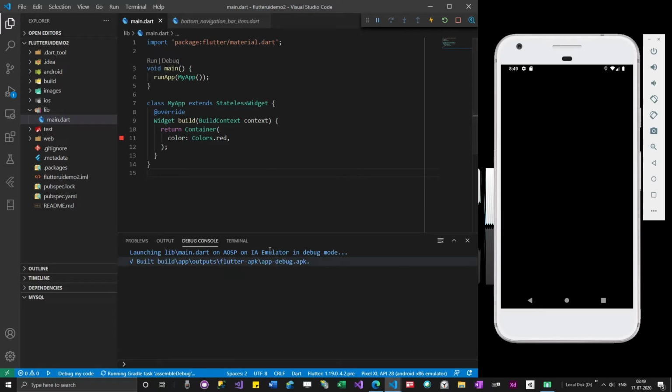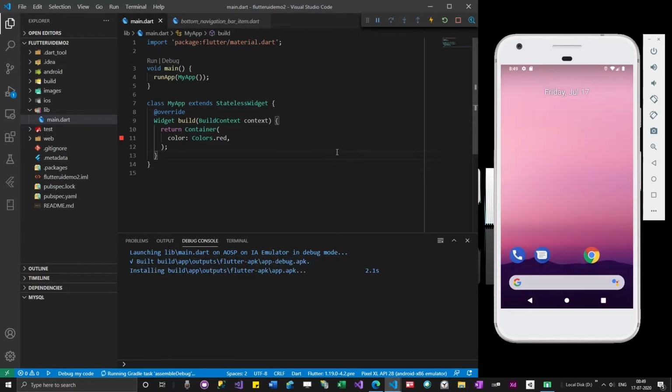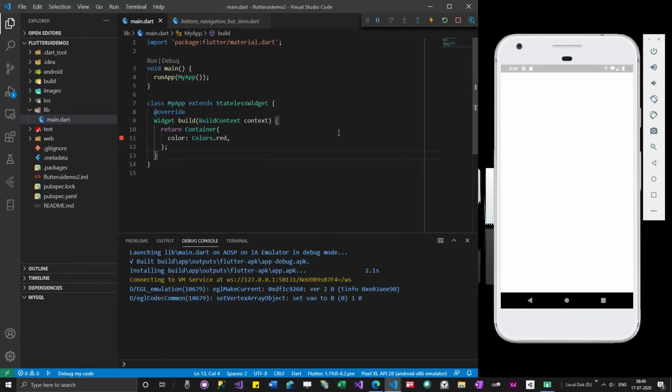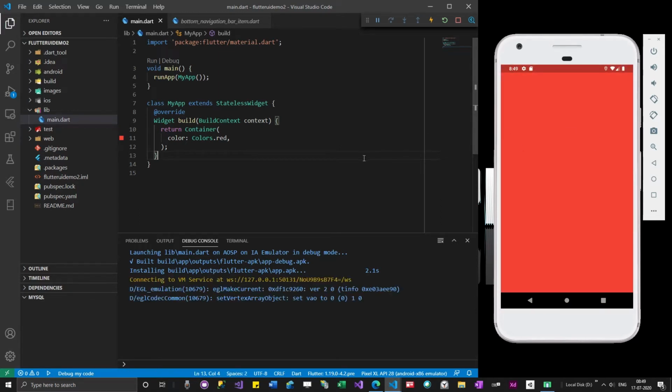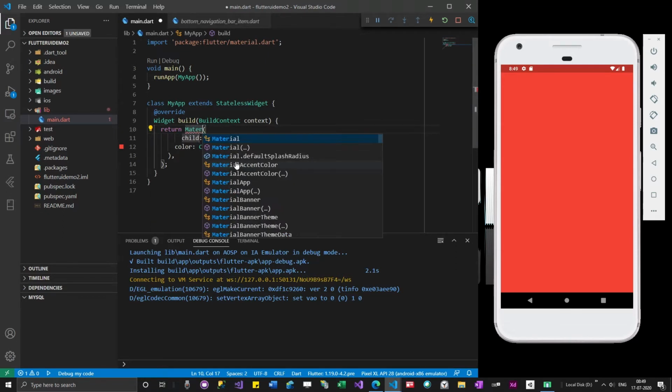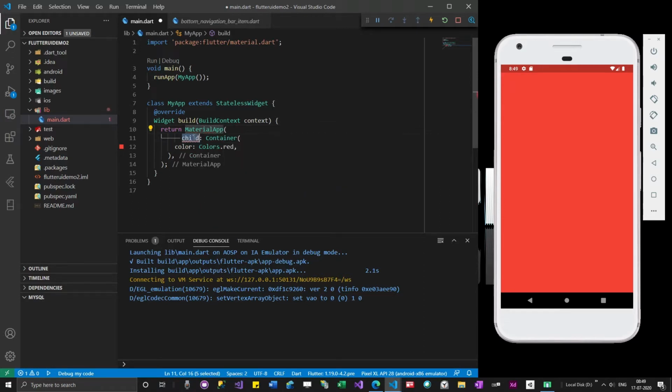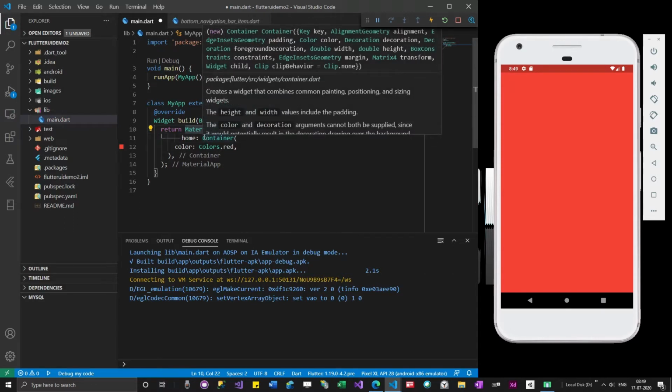So it's taking time to load. Okay, so it is working. Now I want to make it a material app. So I'll just click here, wrap with a widget, home, and then I will wrap this inside a scaffold.